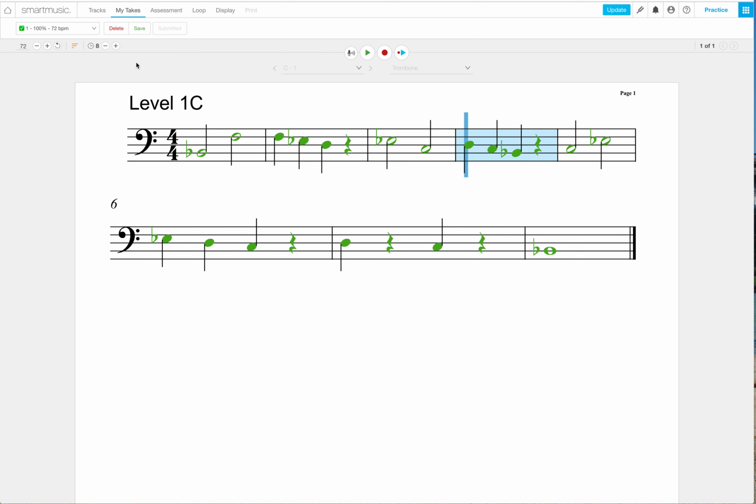So that is our little tutorial on Smart Music. I gave you a little rundown of all the different things that you see on the screen. Hopefully you have a better idea of how to use Smart Music at this point. If you have any questions, remember, you can always email Mr. V. Don't forget you can come back to this video at any time